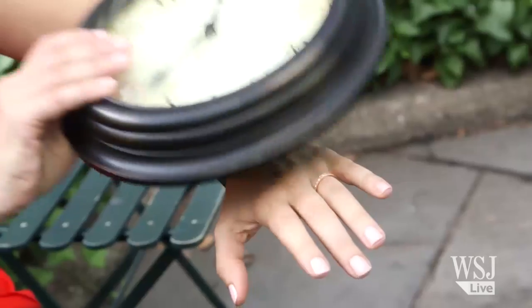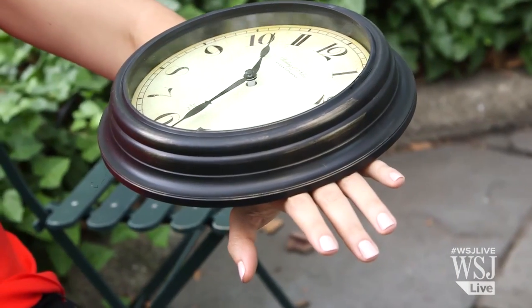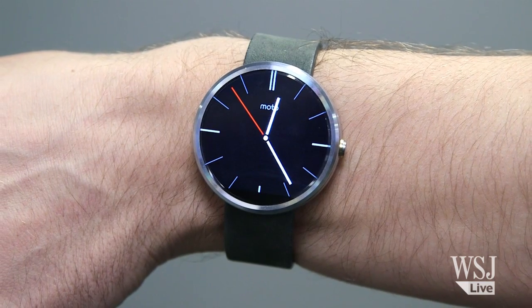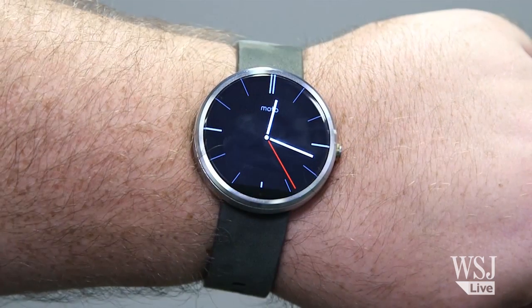And the problem for someone like me, yes, a woman with small wrists, is that it looks like I just grabbed a clock off the wall and stuck it to my wrist. Of course, that's not the case for everyone. On a man with a medium-sized wrist, it looked decent, and on a man with an even larger wrist, it looked just right. Motorola does say they're working on smaller versions, but that makes me even more concerned about battery